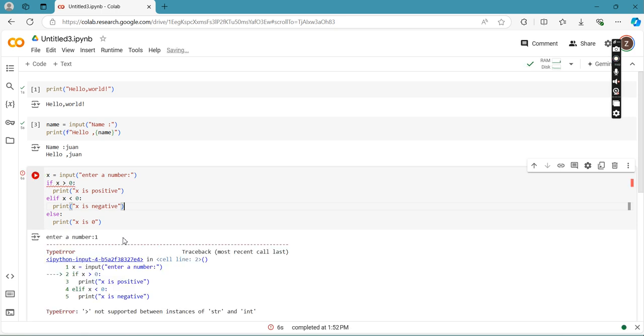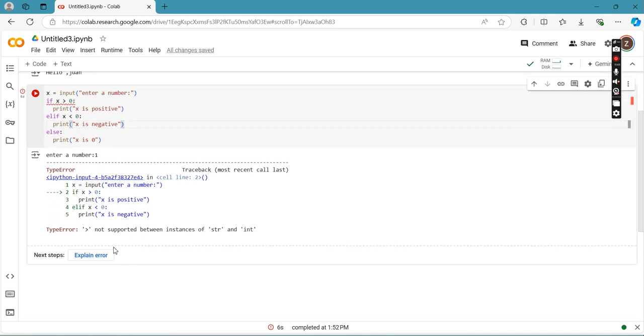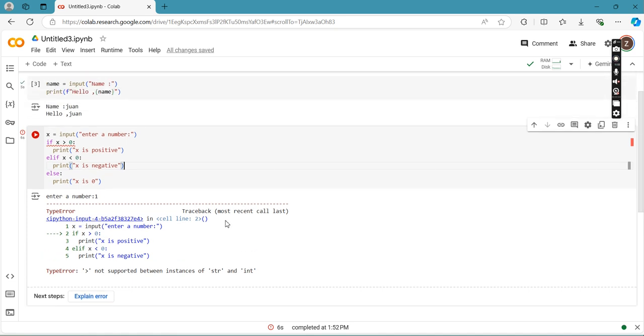Then we have encountered an error. So the error here is a type error. So it means that the instances of string and integer. Okay, so since we have used the input function, since we are using a string as a parameter, we are actually storing here a value of a string into our variable x.